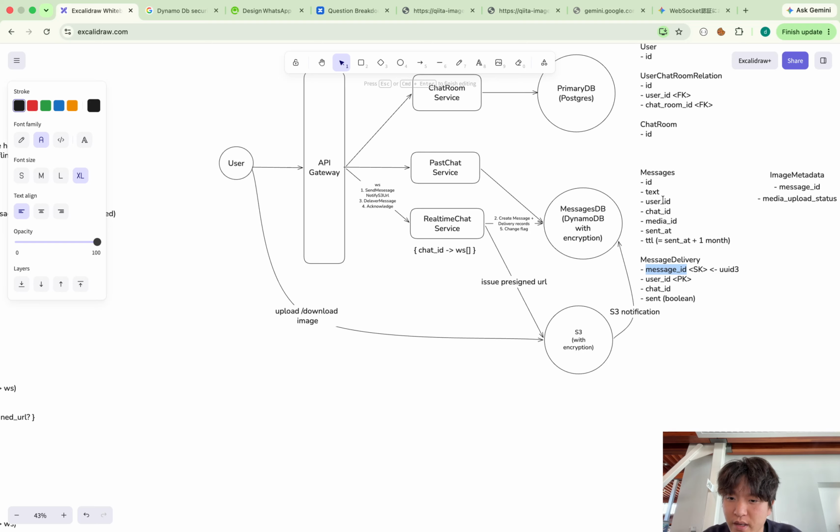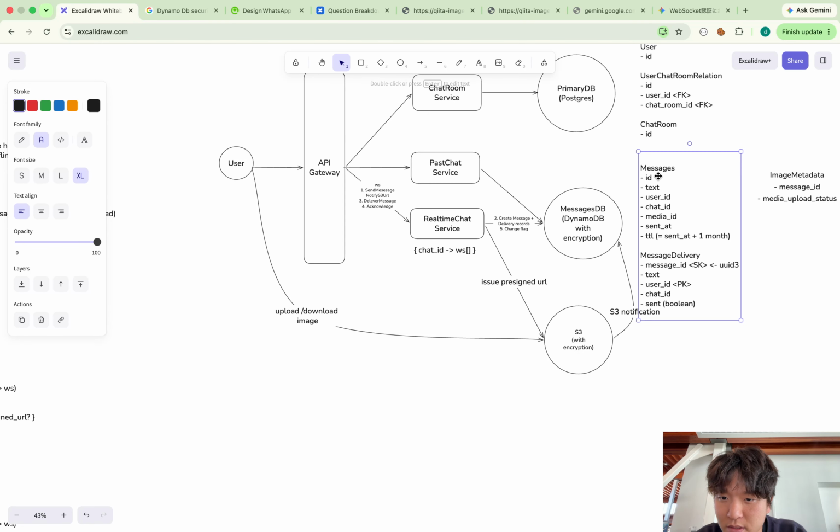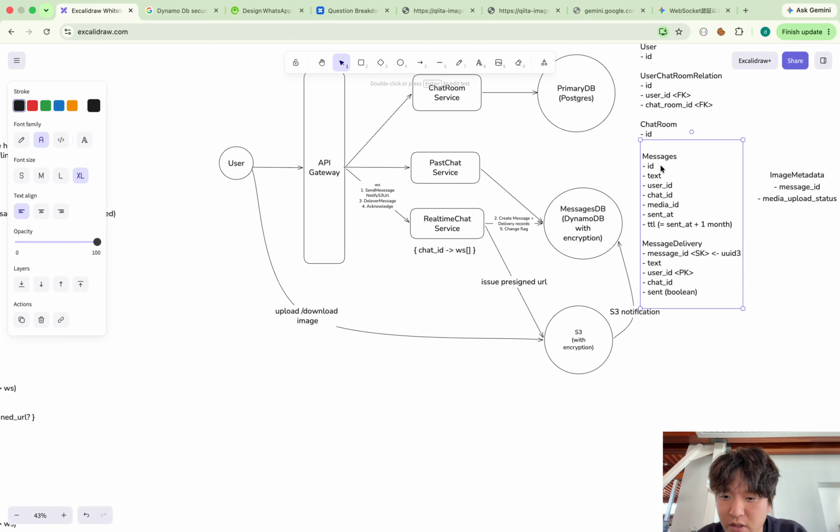Okay. Wait a minute. So for the messages table, I will think of the access pattern. Oh, wait. When I think of the message delivery, I also want the text here, kind of redundant. But I think this is a very good approach because, in the specification, a message is not updated.